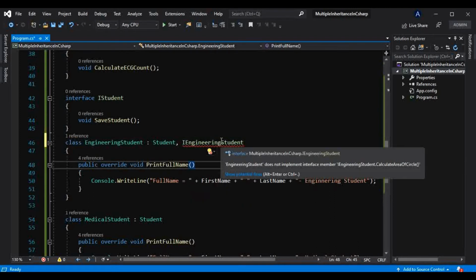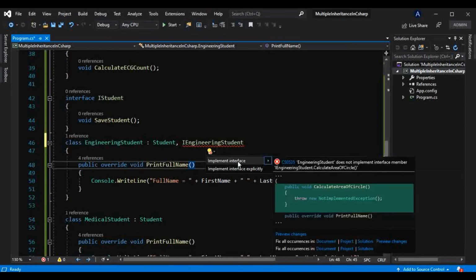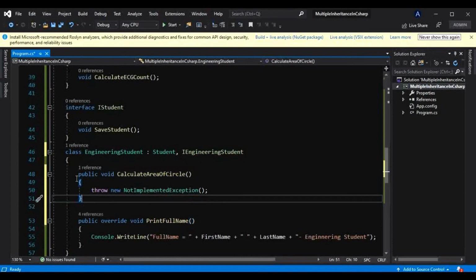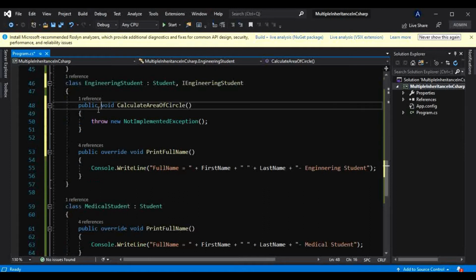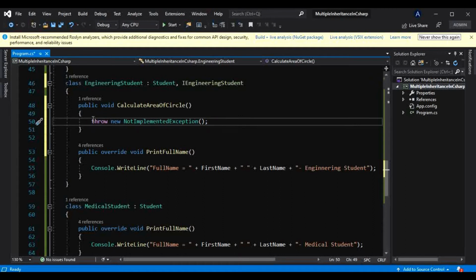As soon as you do that, you have to implement that method. If you go to show potential fixes and implement the interface, it will be implemented automatically here, but you have to give some logic there. If you don't, it will throw a not implemented exception.